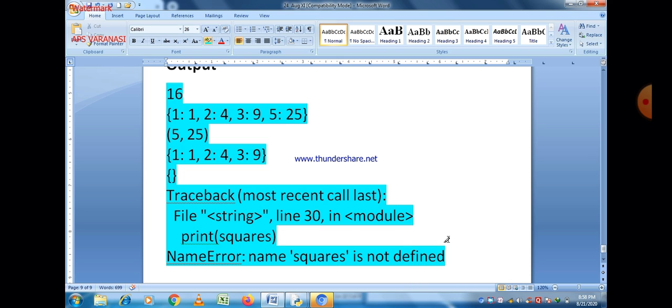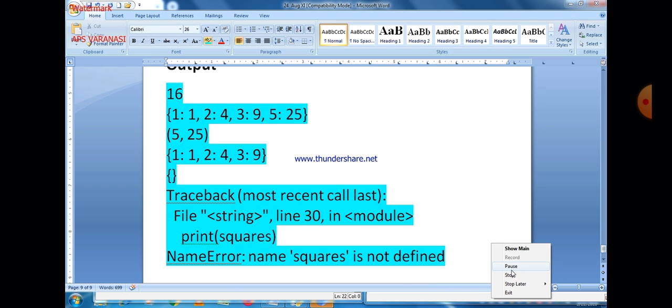So an error is there when you want to print the square dictionary, because the dictionary is no more. The del keyword deleted the entire dictionary, so that is an error if you want to print the dictionary.